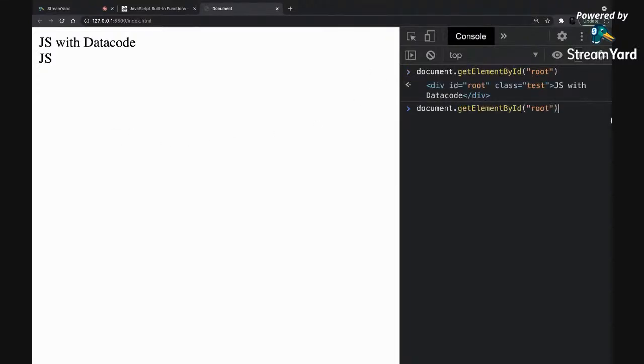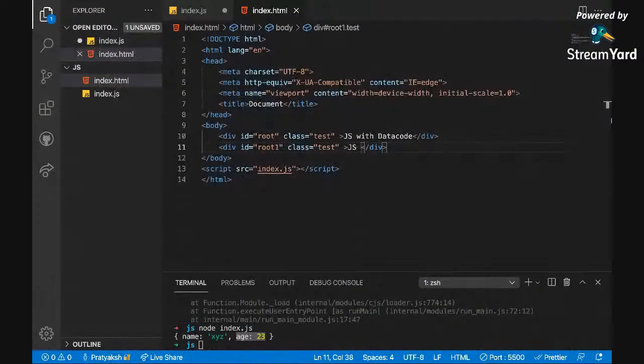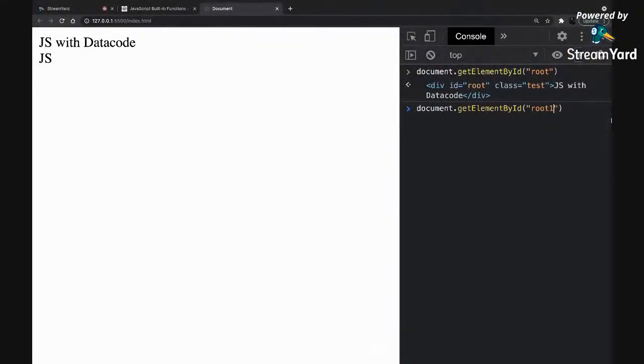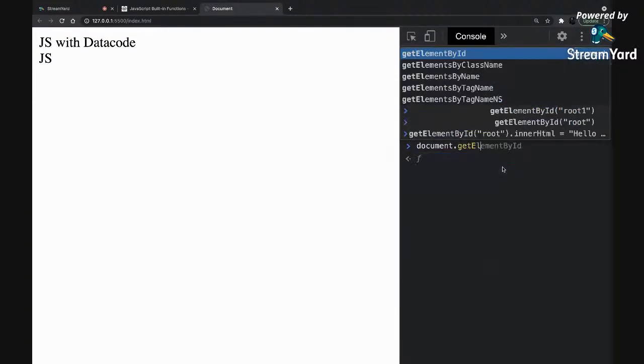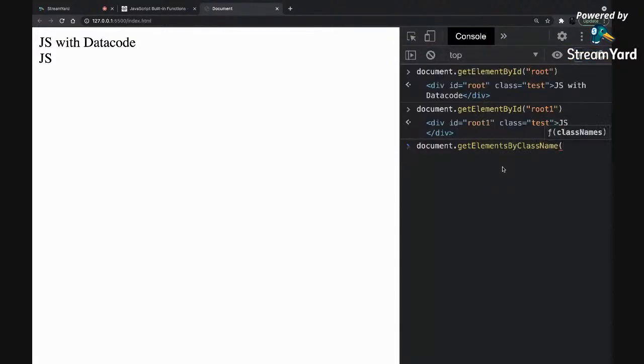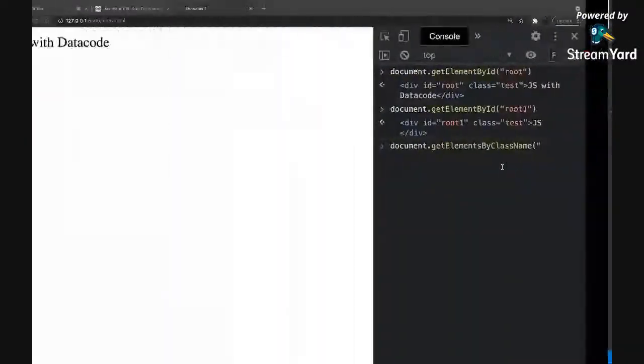Root gives you this, then we named it root1, and root1 gave you this. But now instead of element by id, I use document.getElementsByClassName. You see the difference: element became elements, because an ID is unique, but elements can have multiple. It can have an array of elements.